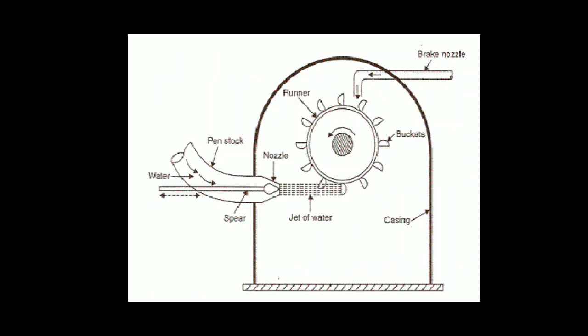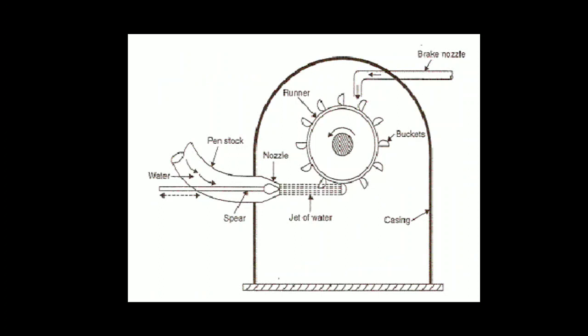This is a very simple line sketch of a Pelton wheel, in which you can see a penstock with a spear, and a rotating part called the runner with the buckets, and a braking nozzle. So, when the water is conveyed from the reservoir via a dam through a penstock, this water is allowed to strike each and every vane or bucket, so that the shaft rotates. This rotating shaft is coupled to the electrical generator, which in turn produces electricity.